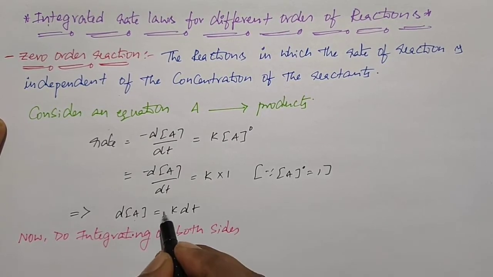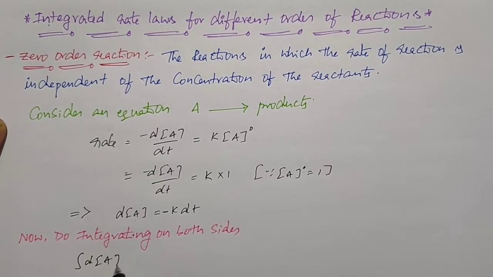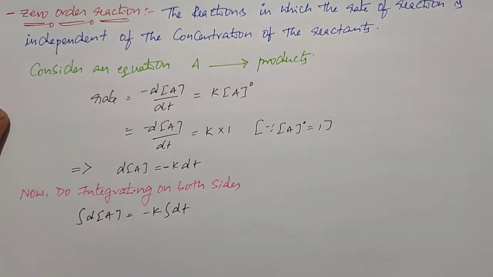Then we get the integral of dA is equal to minus K into the integral of dt. Integration and differentiation cancel, so on this side we get A, and on the other side minus K